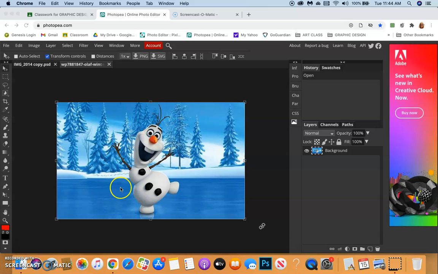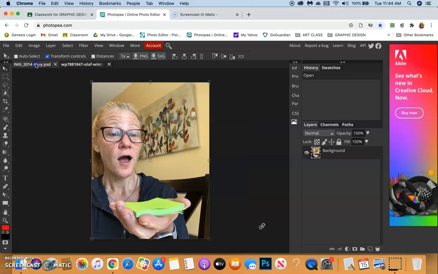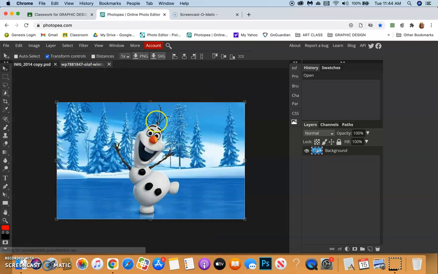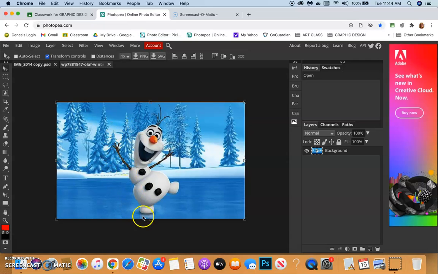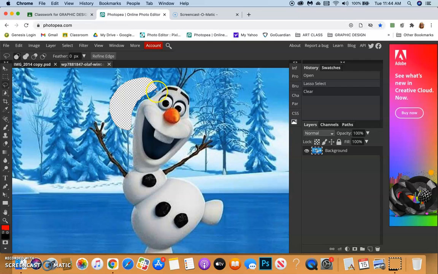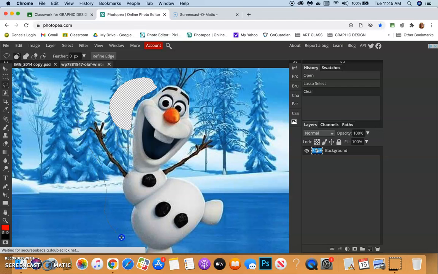So in my demonstration, I'm going to show you how to put Olaf onto a post-it, a little post-it like this. So the first thing that you do is you find your subject, and you have to remove all of the background from this photo. You can use a variety of different tools. For example, you can use the lasso tool, and you can do this in two ways. You can delete the background, or you can use the lasso tool and select your subject, and then you can